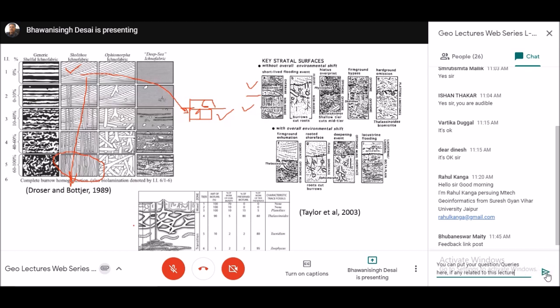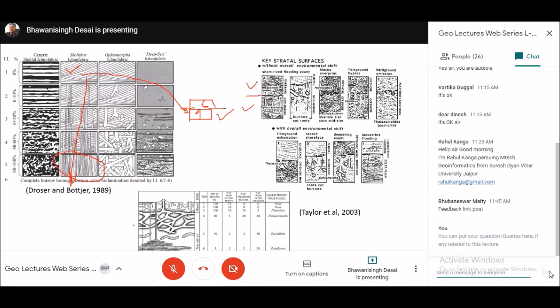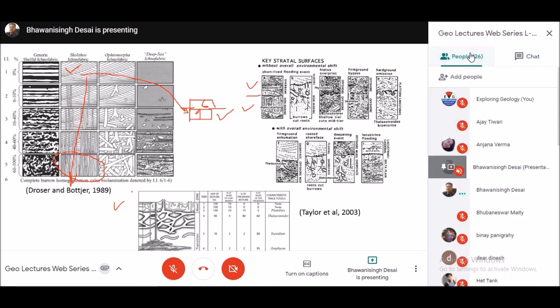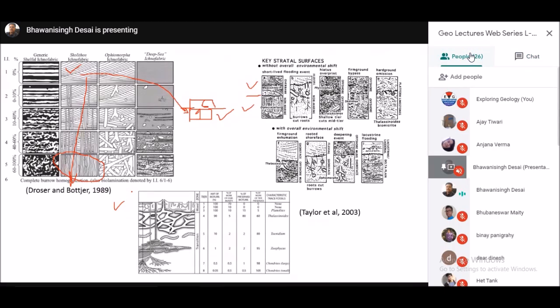It gives you what succession of animals came, which animal preferred deeper strata, which animal preferred the shallower strata. So this gives a very good insight into the ichnofabric. But of course, this works on a very microscopic scale, a very small, high resolution scale. And therefore, with this technique, we are able to understand the oxygenation variation and the salinity variation in an environment.